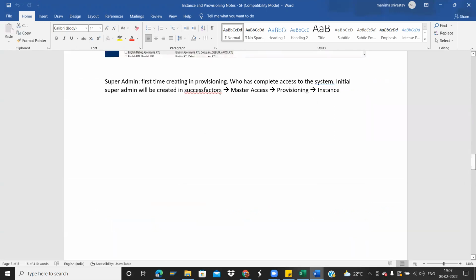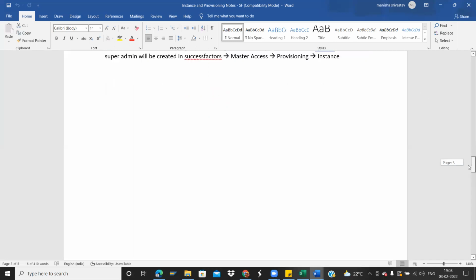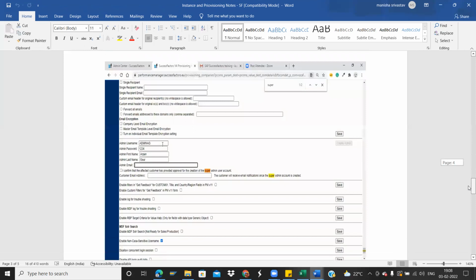What is a super admin? If anybody asks, you should say that a super admin is the admin who has overall access, meaning who has the master access, including permissions, roles, anything. Master access, especially related to our module, like we are Employee Central super admins. Relating to Employee Central, there should be no access which is missing. Those are super admin access. So super admin has master access.